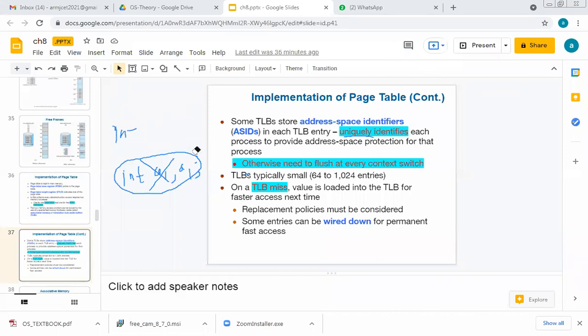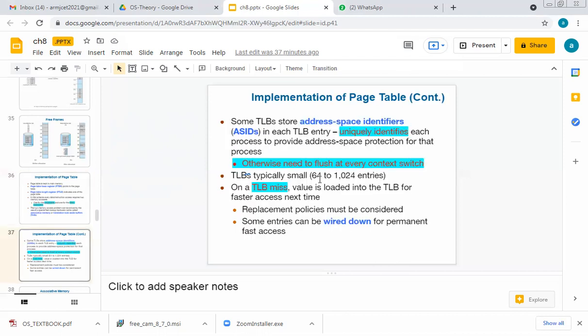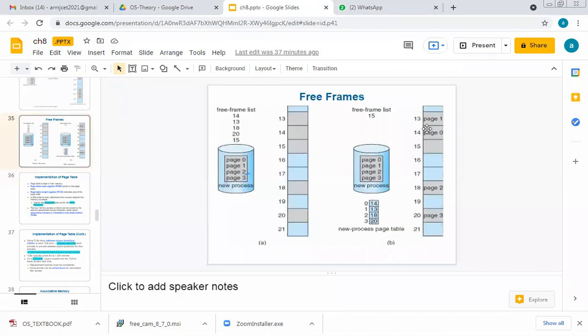So that means we cannot use the data or space which is reserved for some other process. We have to utilize it for the process or page it has been mapped onto. Otherwise, what happens if you don't maintain uniqueness is, every time we have to clear all data present in the memory and read again. Let me tell you what you mean by flush here. Important word: flush. Okay, let us see now.